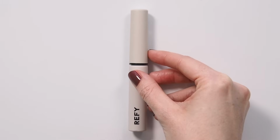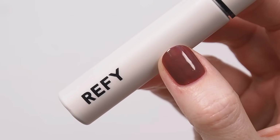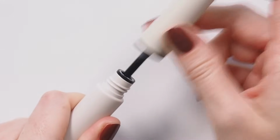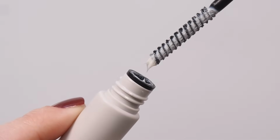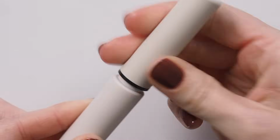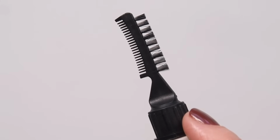with my fingertips. Catching up with an old brow friend. I got reacquainted with Refi in London, so it was a good time to revisit their best-selling Brow Sculpt. This was a 2021 favourite for me, and years later, it is still the most powerful brow tamer I've ever tried, but I've been enjoying its super lifted look again. A little of this gel / glue goes a long way. I stick to one quick pass through, then use a very light hand to spread the product and lift with